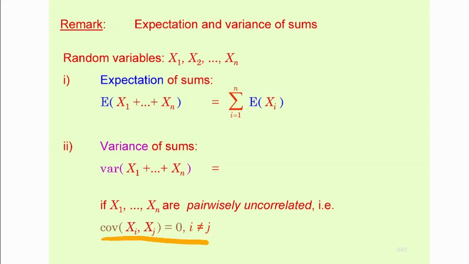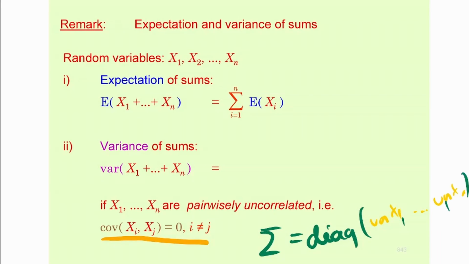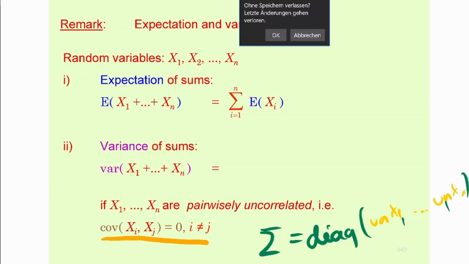Now, in this case, you end up having a diagonal matrix. That's not on the slide, but if this is true, then this is going to be a diagonal matrix, having the variances on its main diagonal, right? So the variance of the first, the variance of the second, and so forth, and the variance of the last one on the diagonal. It becomes a diagonal matrix because the other covariances are 0. Is this understandable now? I think that should be the case.